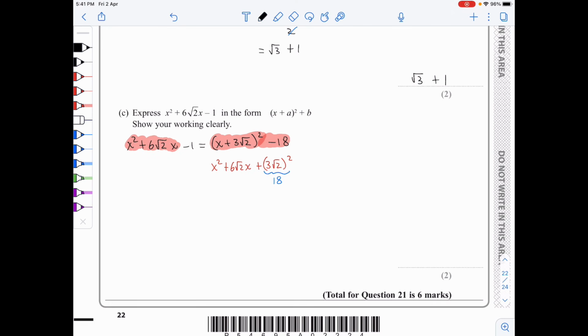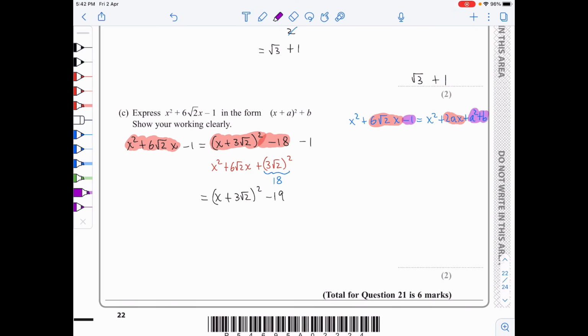And I still have got the minus 1. So this is x plus 3 root 2 all squared minus 19. An alternative approach would be for us to actually take what we are told to show, expand it, and then equate coefficients. So I can equate the 6 root 2x with the 2ax, and then the minus 1 with the